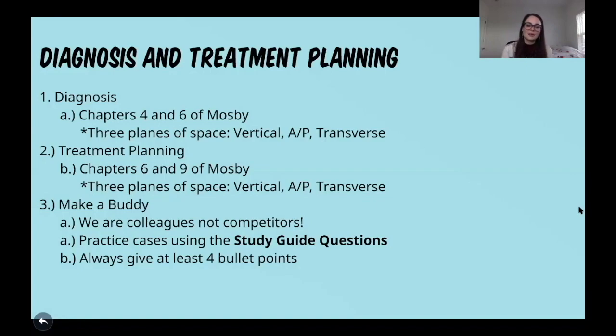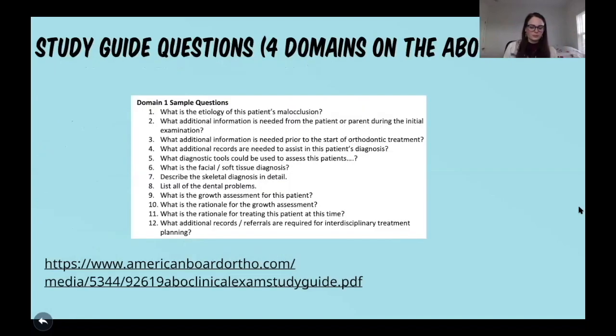So I would recommend making practice cases using the study guide questions. There's like 40 questions in there. So you know what can and will come up, use it, okay? If you take the pre-treatment, extraoral, and intraoral photos, you can put them in a PowerPoint or whatever, just send them to whoever your study buddy is and say, list all of the dental problems. There'll be a lot. There should not just be 4. There should be a lot of these. This is what the ABO is using to evaluate you. And you can say,